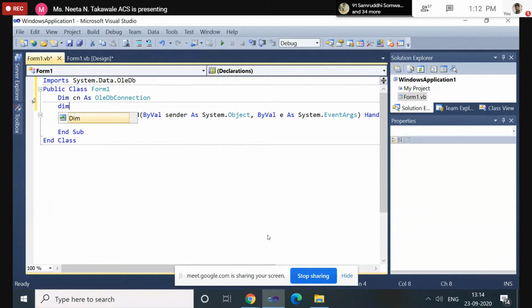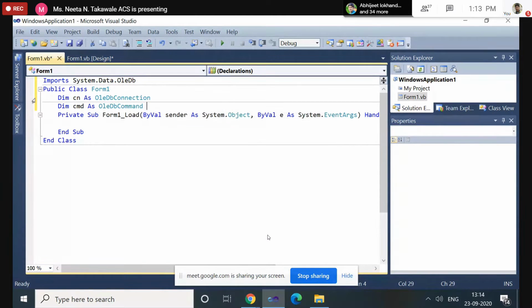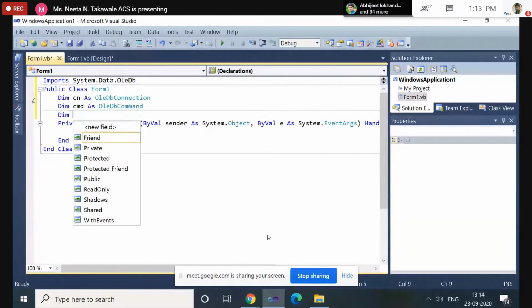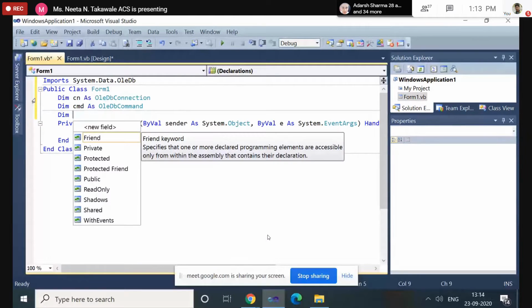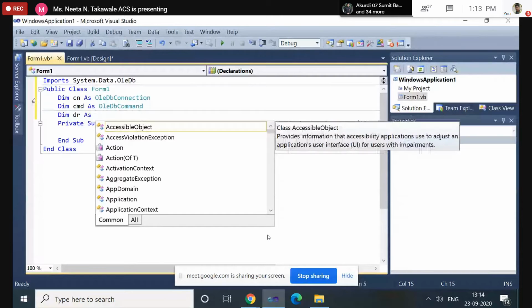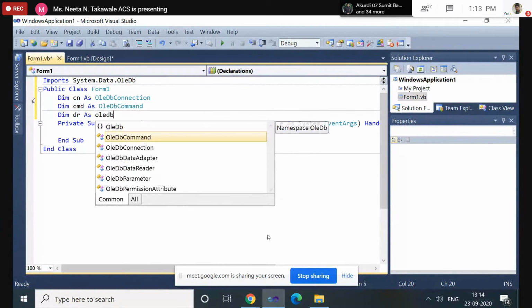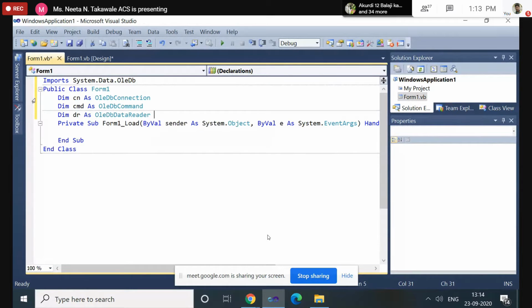Then we require the cmd object to be an object of OleDbCommand. And now we are discussing the data reader. So the data reader should be of type OleDbDataReader. So these are the three objects required for the connectivity.